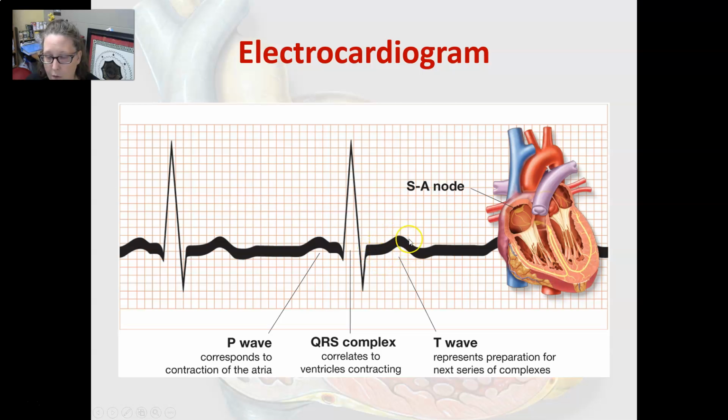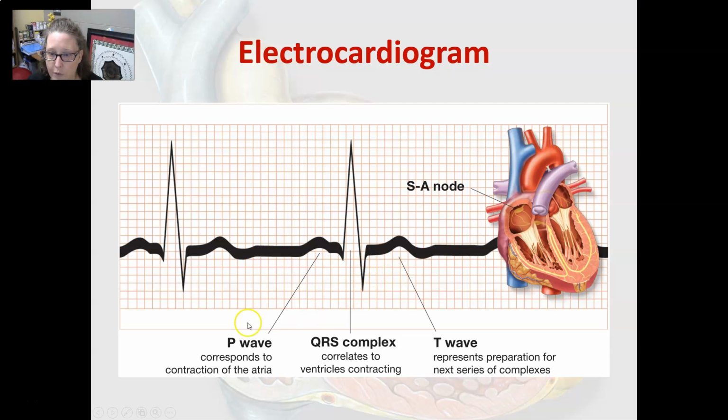And this T wave is the repolarization of the ventricular fibers. Depolarization and repolarization are the words we use to refer to what's going on with the electrical impulses. There are some ions that are switching places as the electrical impulse travels, and they have to all go back where they belong. That's what's happening with the T wave. There is a repolarization of the atria that happens, but it happens behind the QRS complex, and so we can't pick up on it.